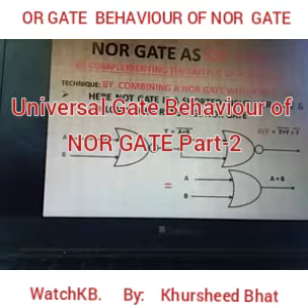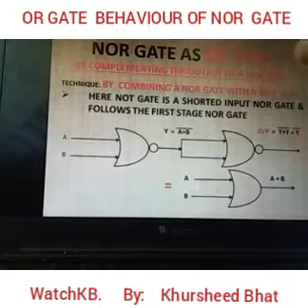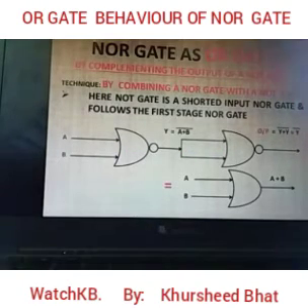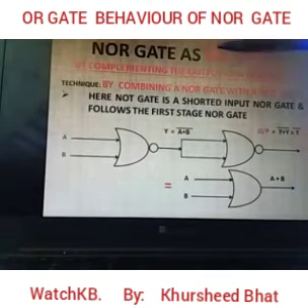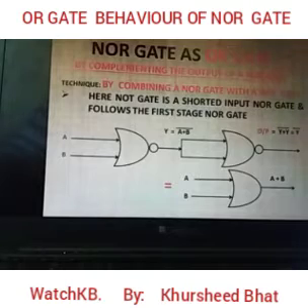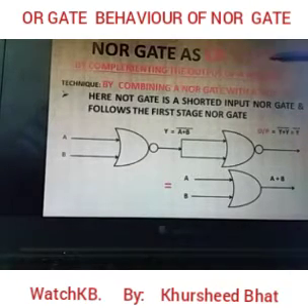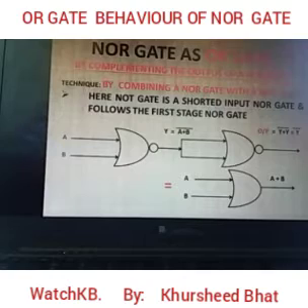Now, this is part 2 of today's lesson, where we will try to understand the function of a NOR gate as an OR gate. We have clarified that the NOR gate is a universal gate. It should function as a basic gate, where we have selected here the function or behavior of a NOR gate as an OR gate. How are we going to achieve this behavior from a NOR gate?